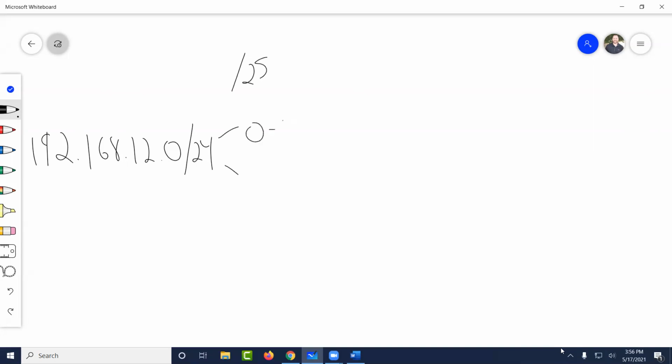So we got 0 to 127, 128 to 255. And notice I'm not pulling numbers out of a hat. I'm simply breaking this down into 2 pieces based upon the variable at that particular slash. Next, I do /26. My variable is 63, 0 to 63,